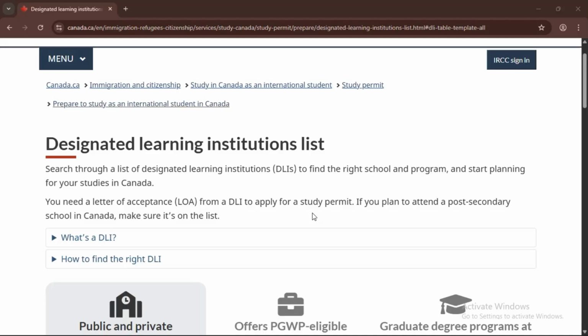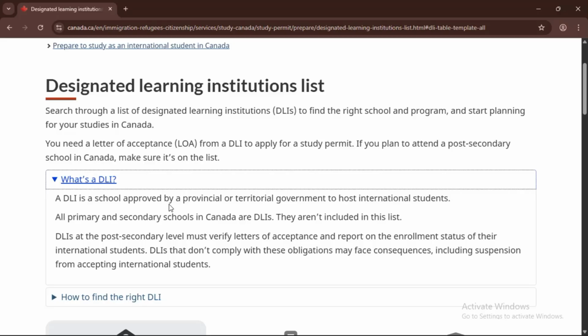So the first thing is, if you want to have this link, I'll have it down in the description below. But if you don't feel like going down to the description, you can write DLI Canada in any Google search and it will bring up the official canada.ca government link. So basically what you need to understand here is designated learning institutions. They are institutions approved by the government, which you will use to study there. It's a school approved by a provincial or territorial government to